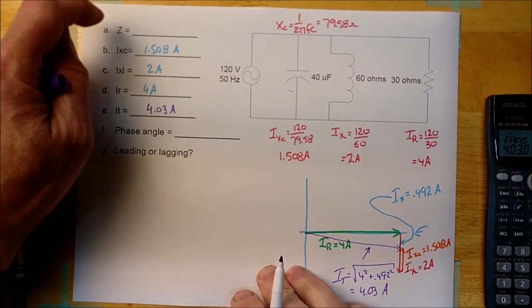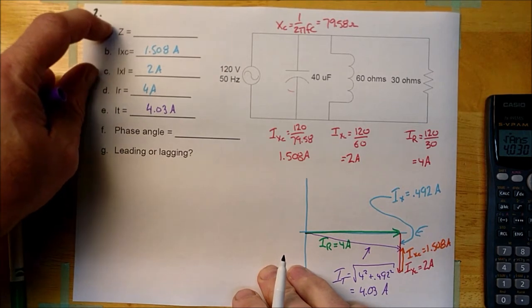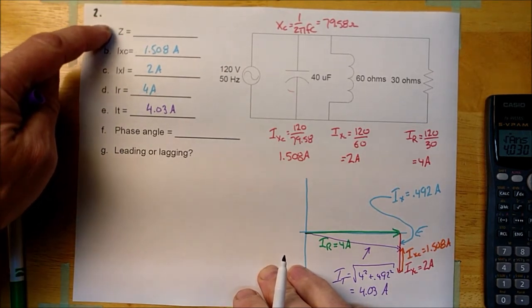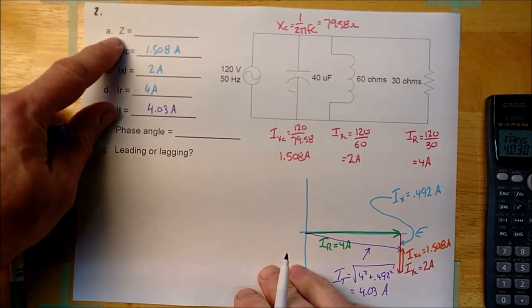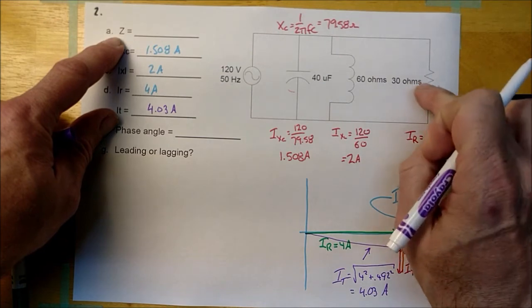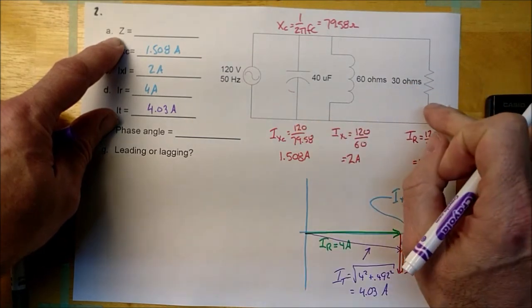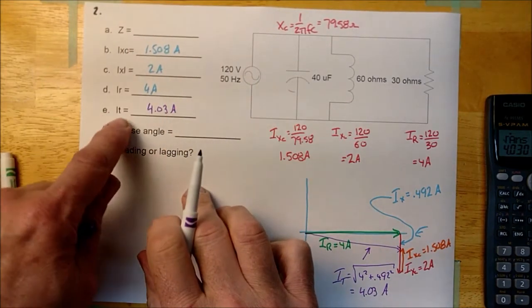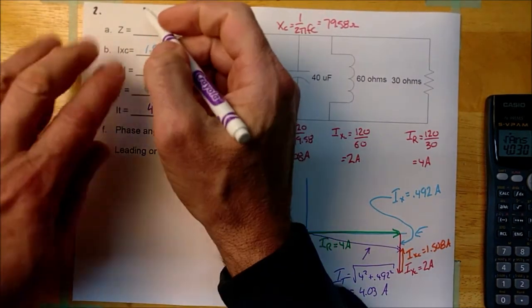You know, Z is the first thing it asks you to calculate. It ain't the first thing you can calculate. Do not be tempted by this Z thinking that you can go 30, 60, 79. I've said it before, I'm going to say it again. No, the only way to calculate that is after you've calculated IT. So it is going to be E